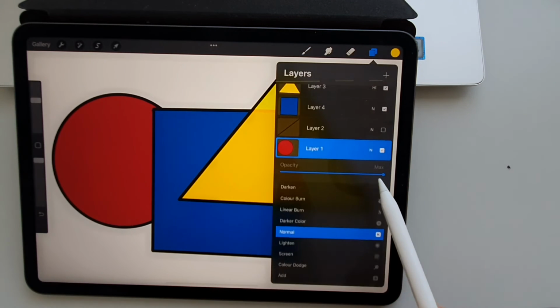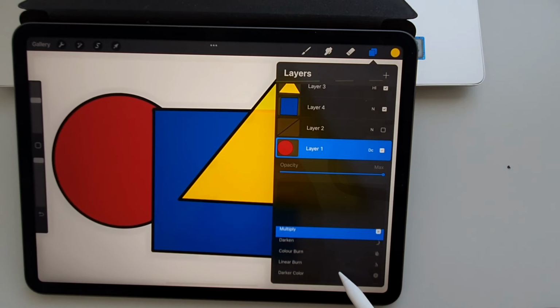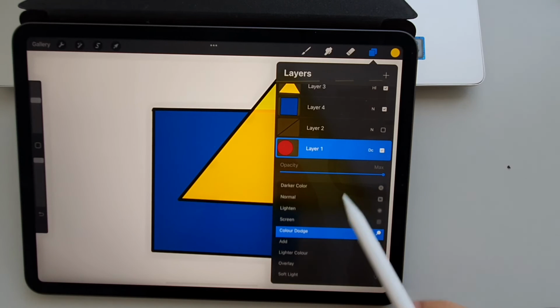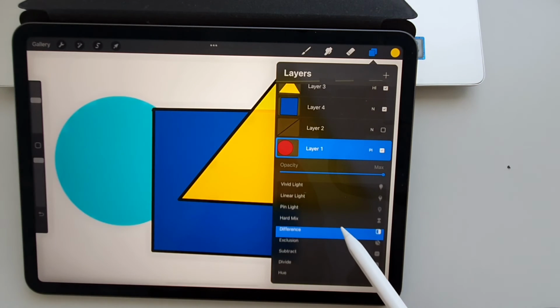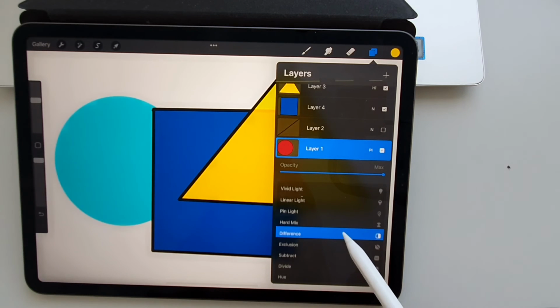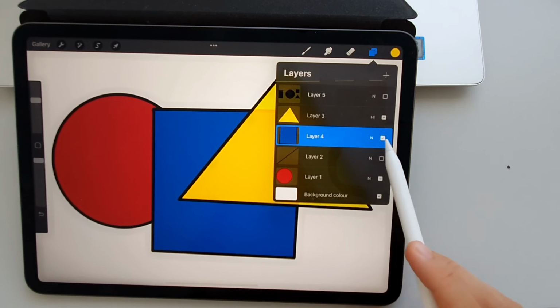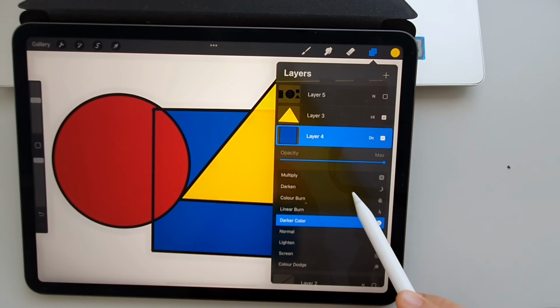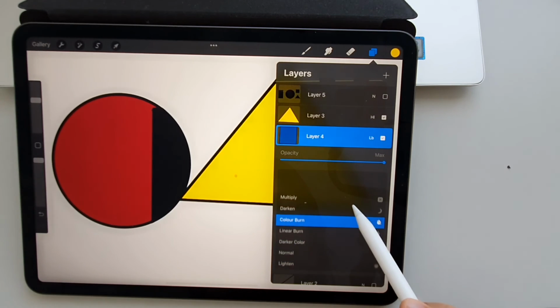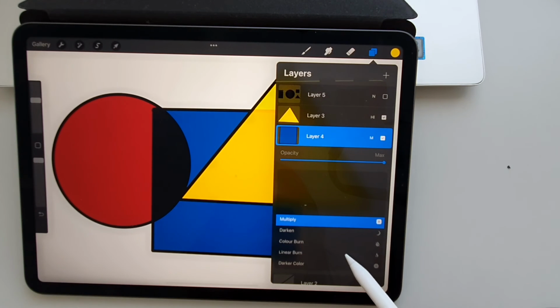Let's see if we can make this red circle more interesting. Dark colour, colour burn, multiply, screen, colour dodge, lighter colour. So this is going to be a lot harder because it's based on a white background and nothing's underneath it. So if we leave that as normal and change the blending mode of the blue square, then we can actually get a result. As you can see here, darken, multiply,